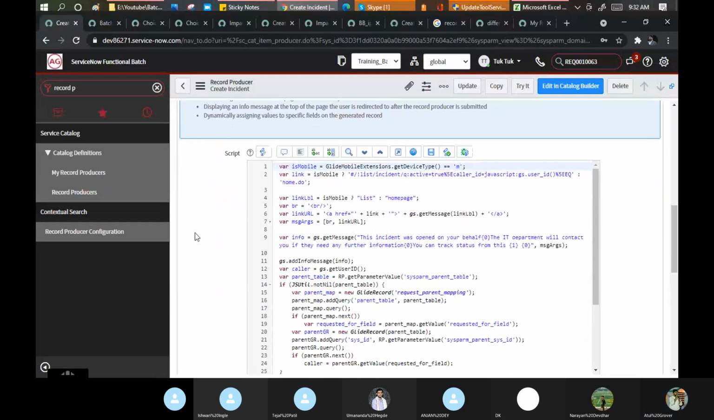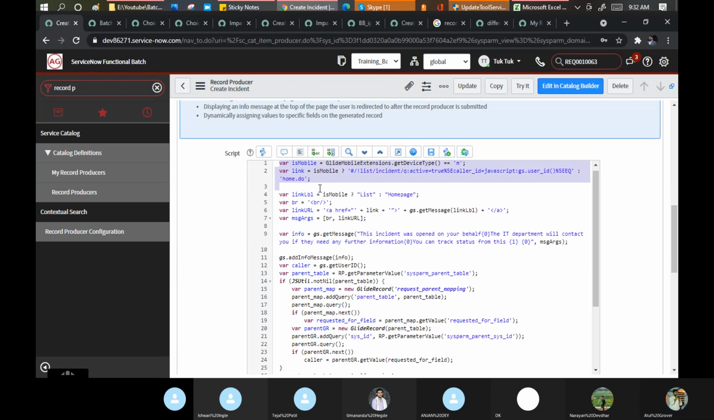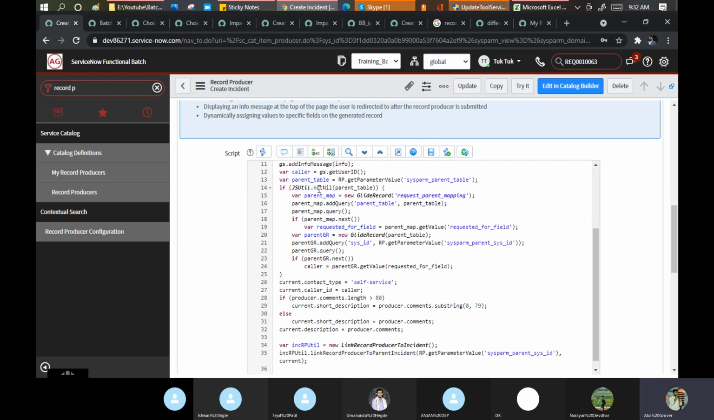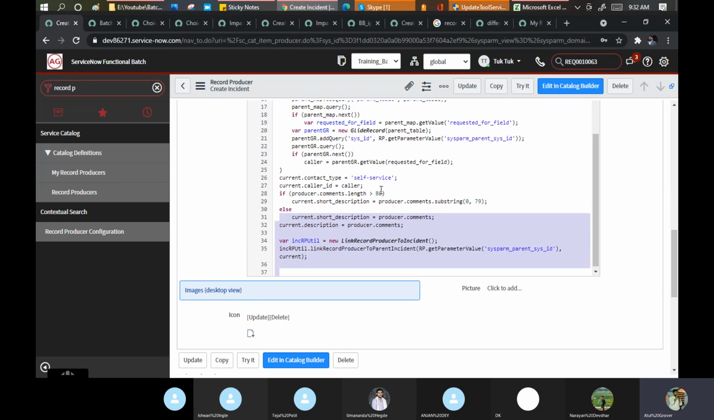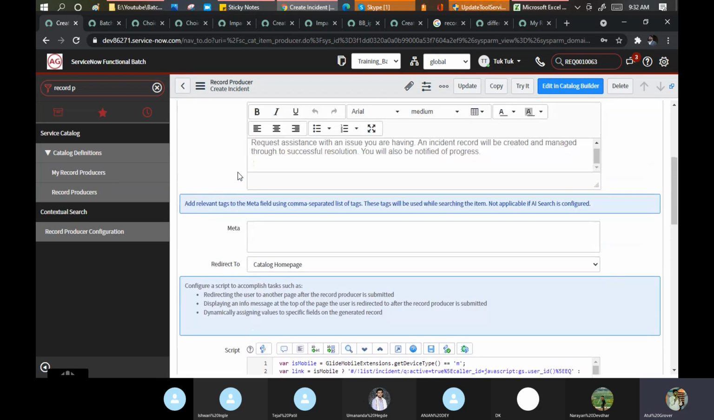Okay. This is completely a script they mention, that how to create the record. In this, you need to understand a little bit on which parameter I am mapping to which parameter. Link record producer to incident. Commands and all these things will be there. And if I scroll up,